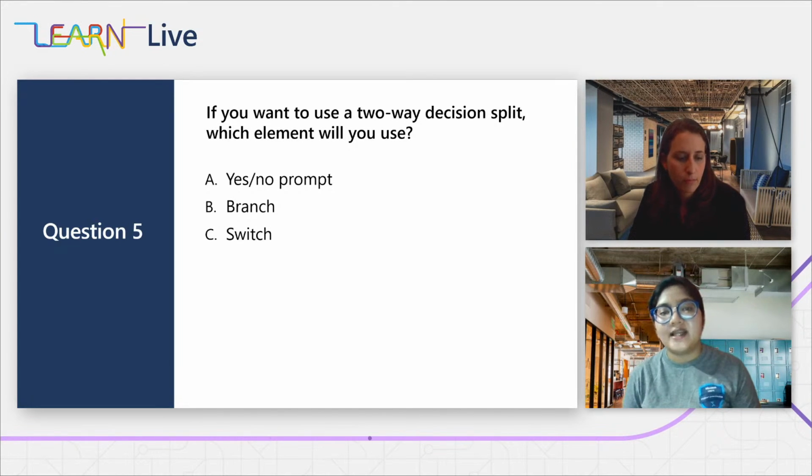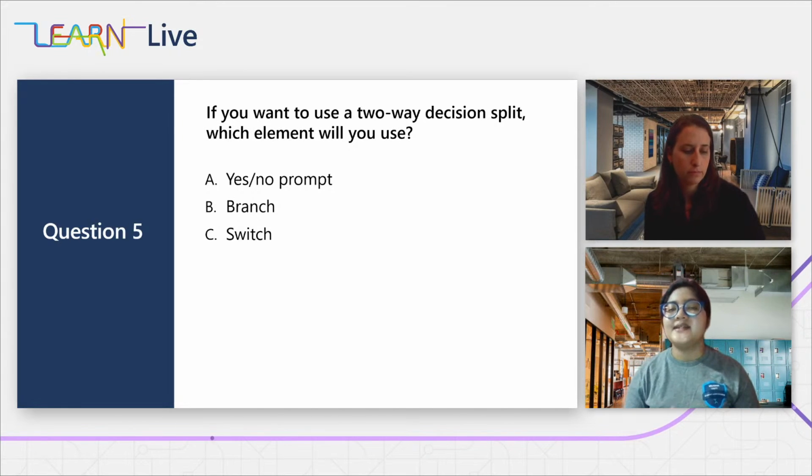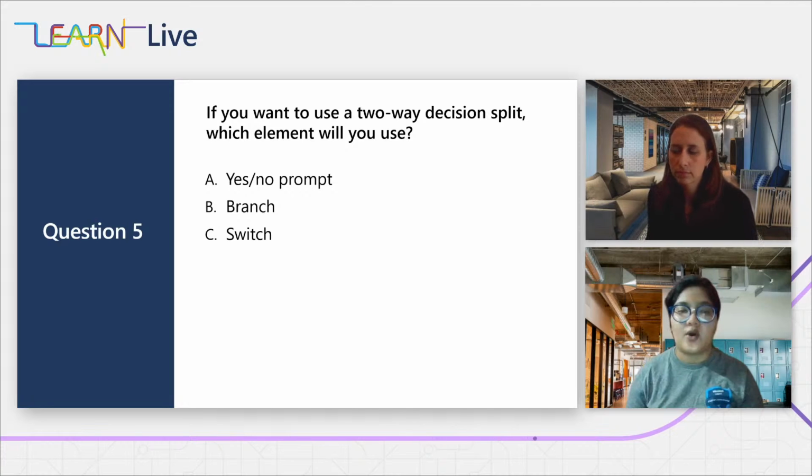So for the first one, this is the yes/no prompt, and the function of this is to just allow the user to select one of the two options, that is yes and no, and then that is it. It does not have a decision split. So then we move on to switch, and as we have seen for switch, we have multiple cases. So it can be 3, 4, and so on. In branch, we have